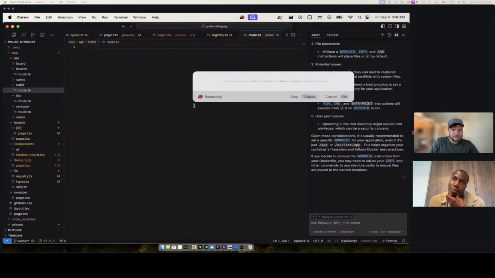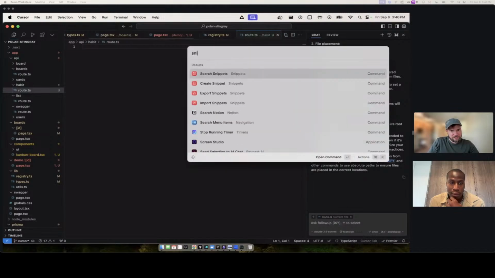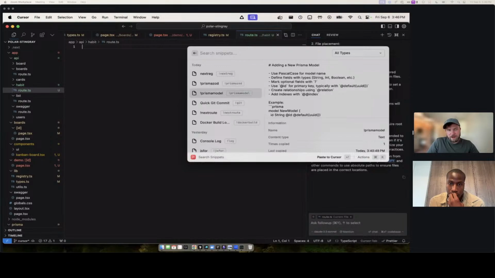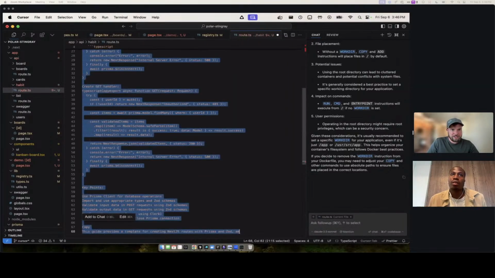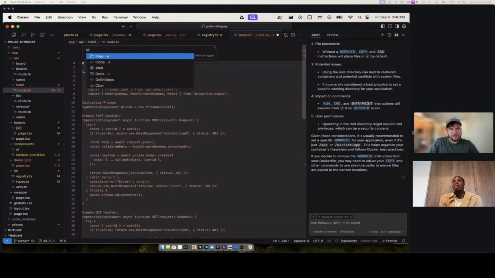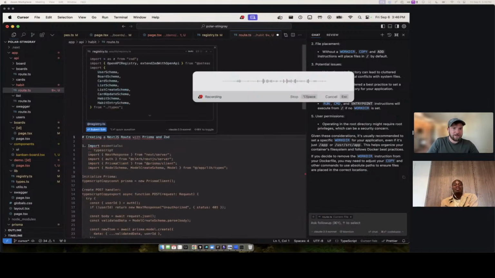And of course, you know what's coming next, which is we can just grab another snippet. I'm sure we could probably make this all into a Composer workflow too, but here is a nice template for creating a route. Now we can reference the registry and say, I just added the habit and habit entry schemas and definitions for these routes. Can you create the routes based on those? It probably doesn't even need to be that long of a prompt.